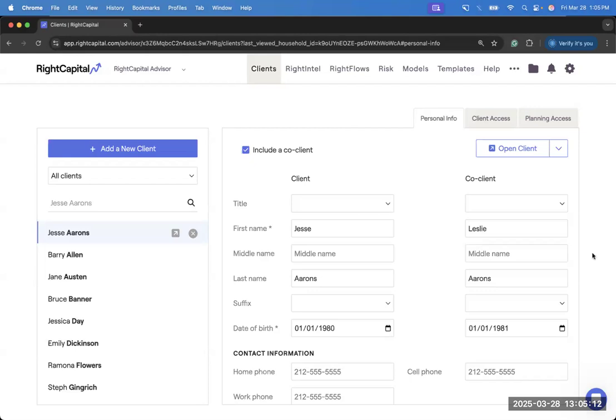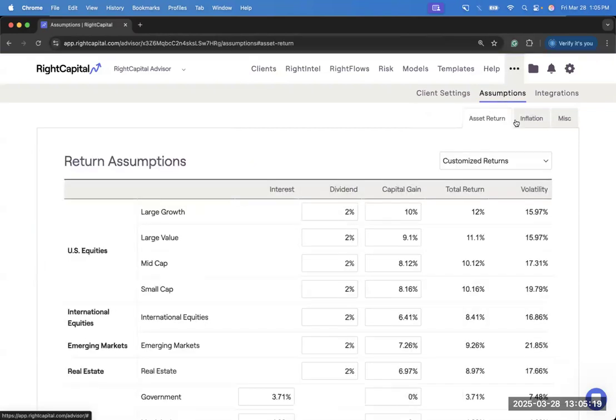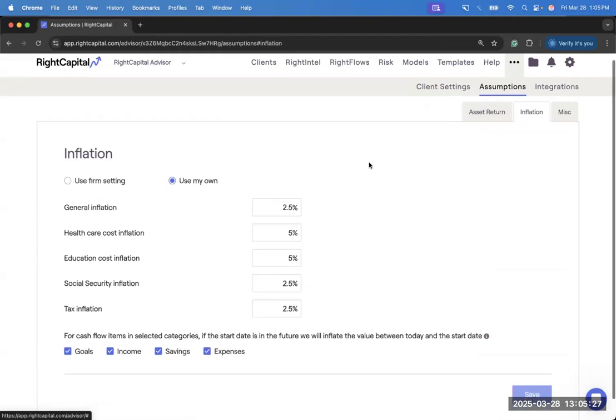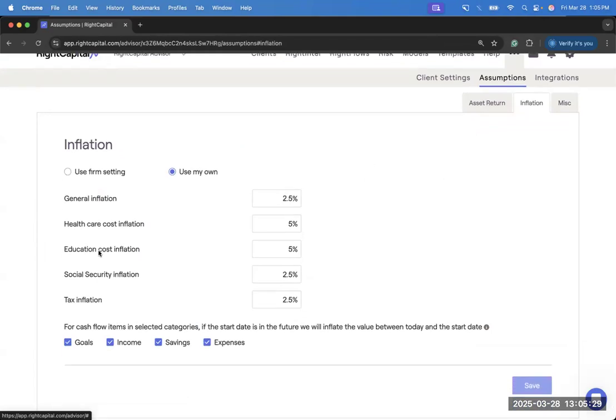So let's take a quick look here in the Assumptions tab of your Advisor portal, which is in the More menu here at the top of the page. In the Inflation section, you will find all of the different inflation rates that we use within the system in RightCapital. However, for our purposes today, we're going to be touching on this third one here, the education cost inflation